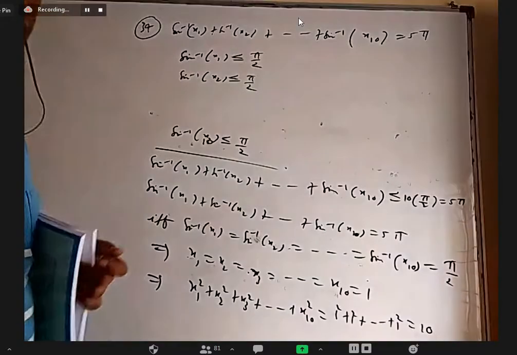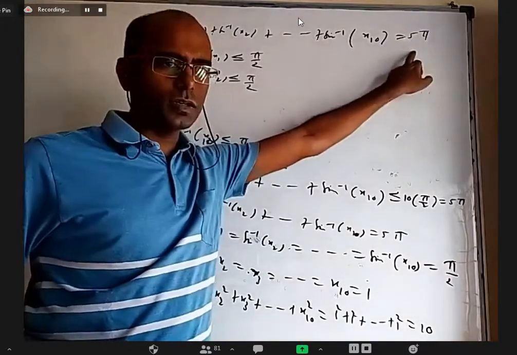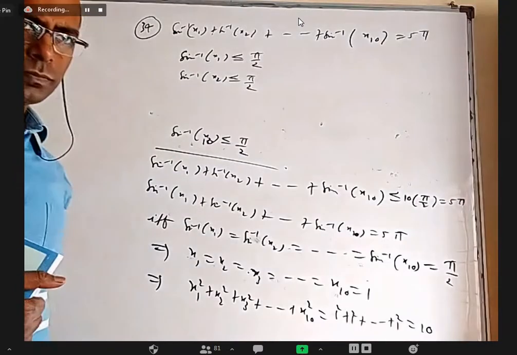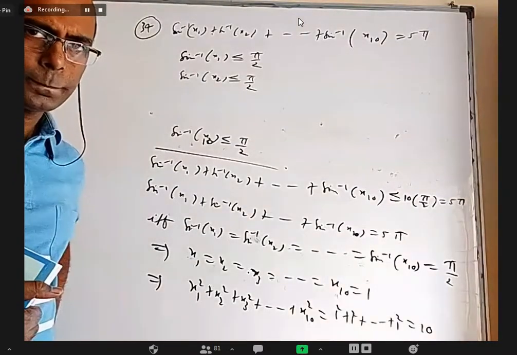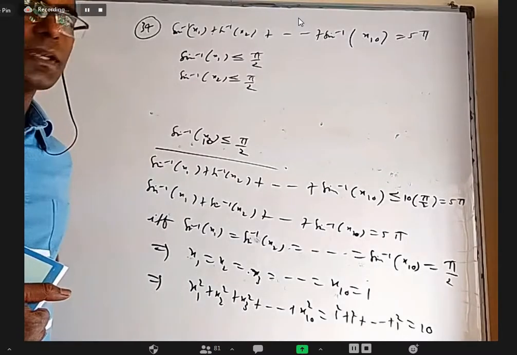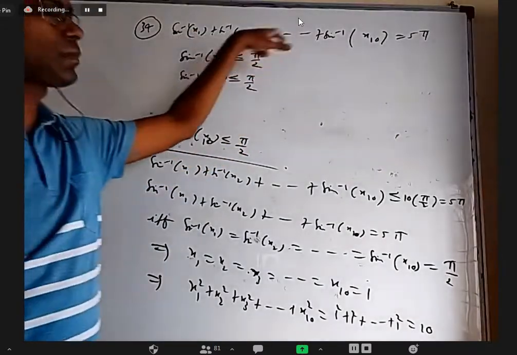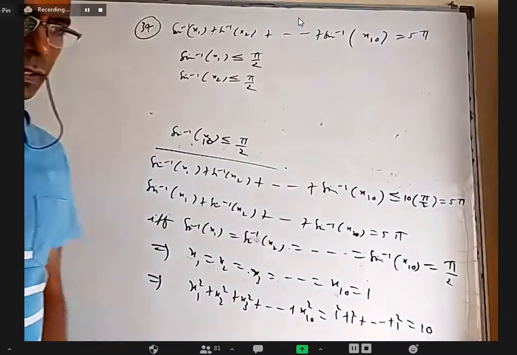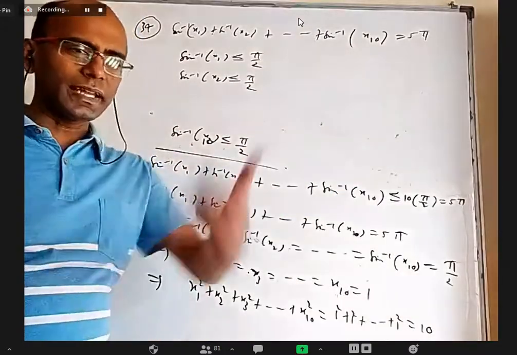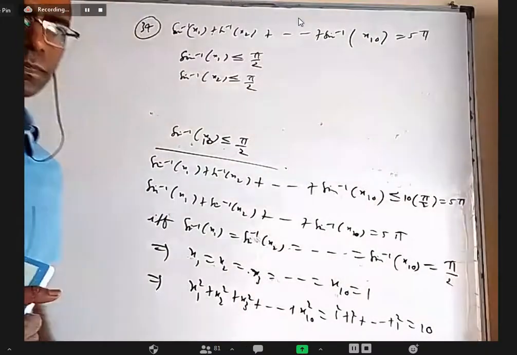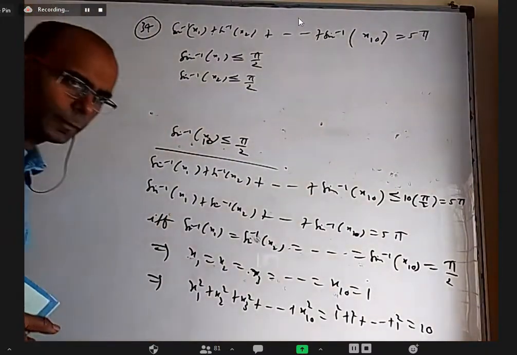Other than 5 pi, they can give something else here also where we can tell all the values. What is that they can give? Minus 5 pi. Yes, if they give minus 5 pi, you have to understand this is greater than or equal to minus 5 pi, that is the other extreme. Between minus 5 pi to 5 pi, anything else they give, we cannot tell x1, x2, x3 explicitly what those values are. There will be a lot of sets of values.